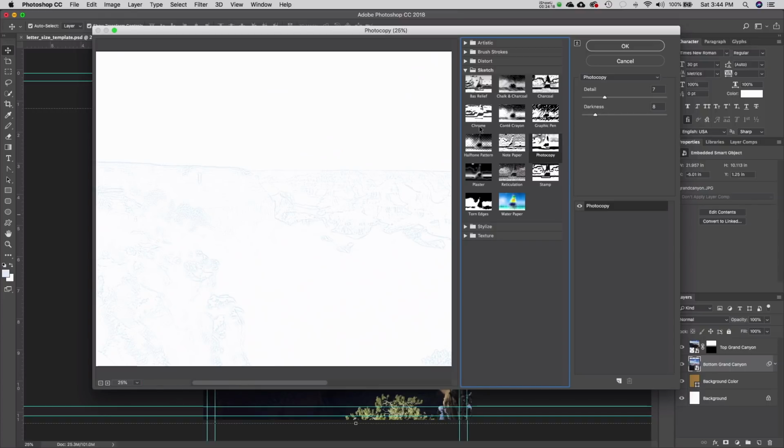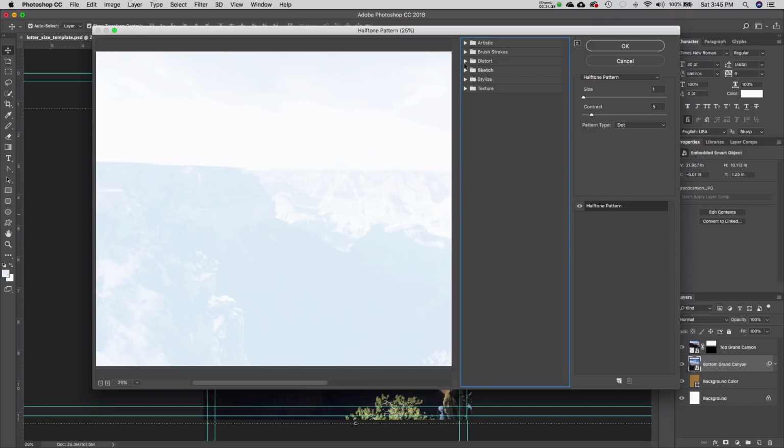So what's happening under sketch is it's turning it into really a black and white sketch. So if you have a photo and you want to change it, the halftone pattern's here. And it was a good place to start, but it doesn't do what I want it to do. Now what's great about this is these are all the filters. So if I close up Sketch and go to brush strokes,